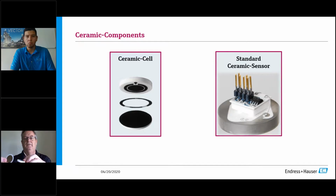So if you look, there is the pre-assembly of what the capsule looks like. And then with the ceramic on it, that's your ceramic surface. And then there's your circuitry that goes into the unit. The next slide I'm going to show